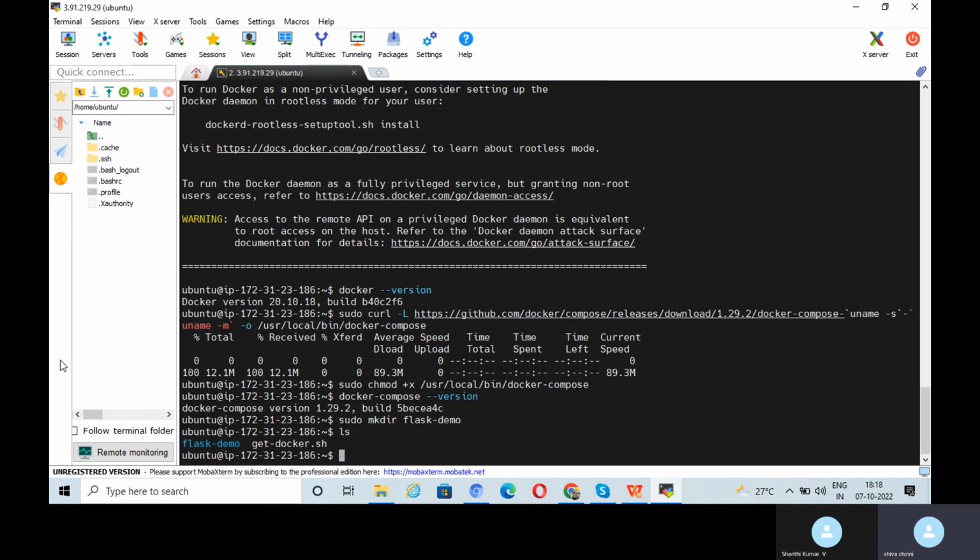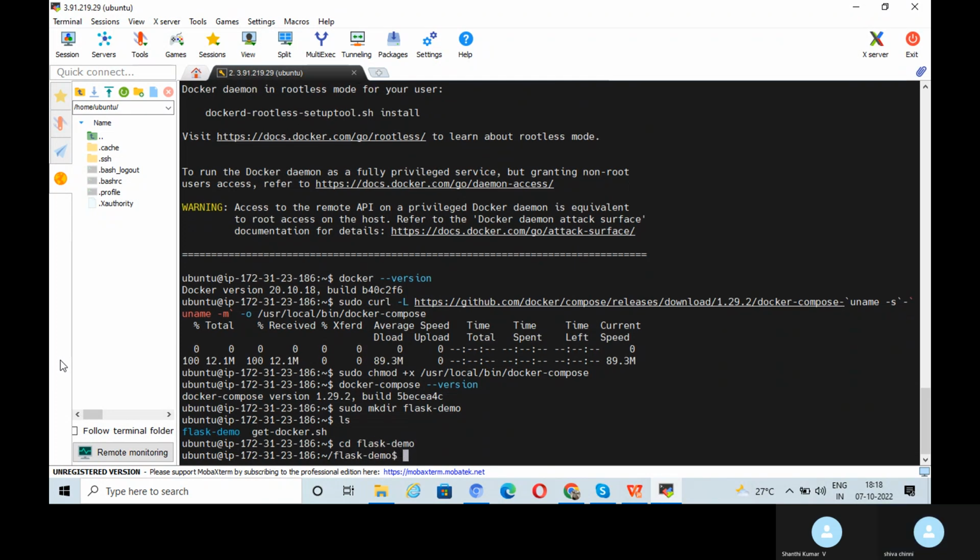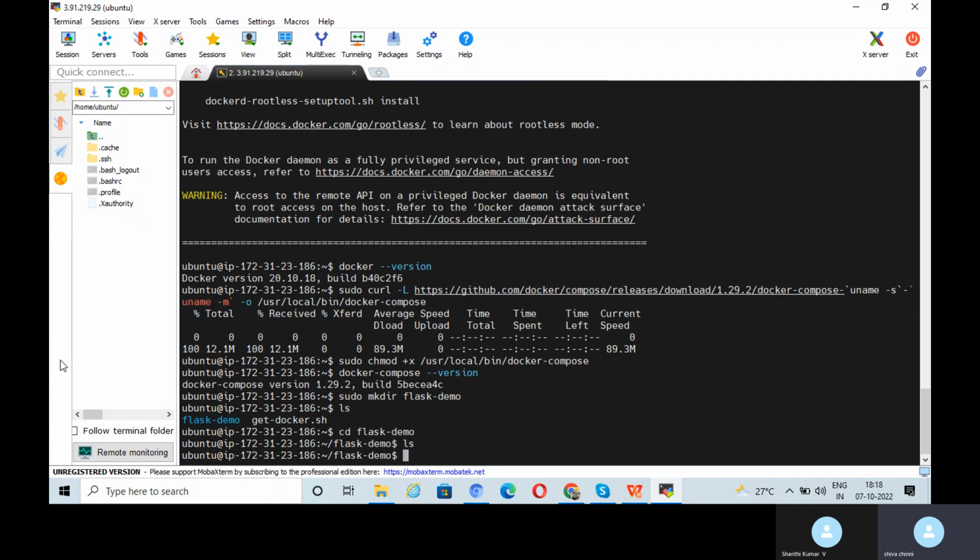Let's verify, flask demo is there. Change to the directory flask demo. Verify any files are available. No, so let's create